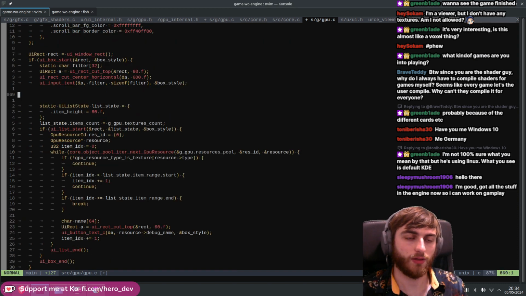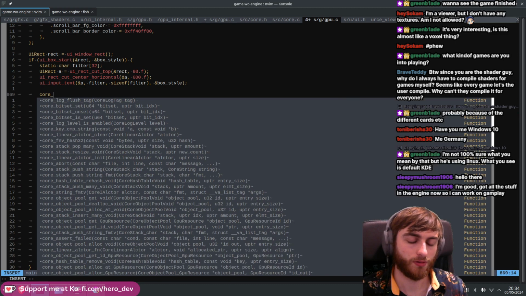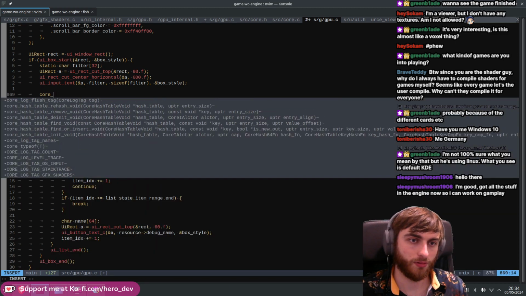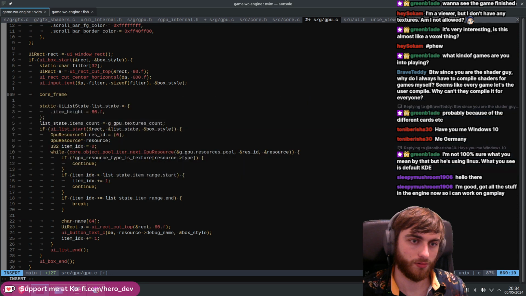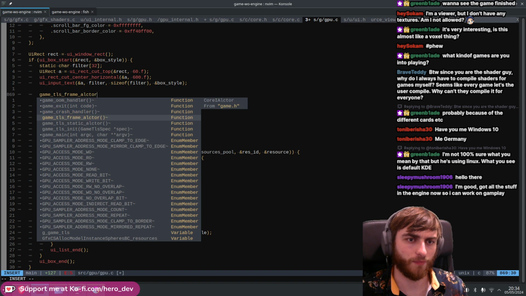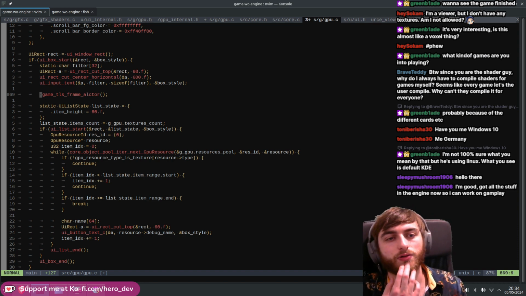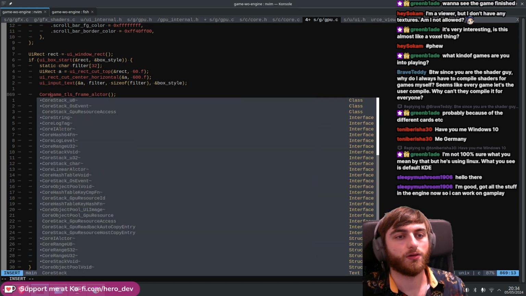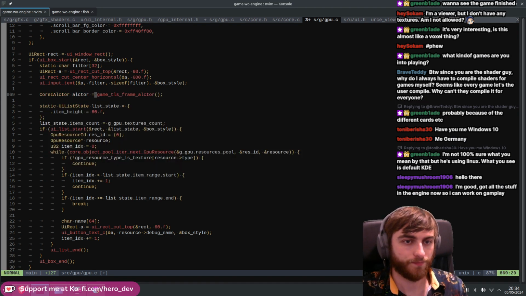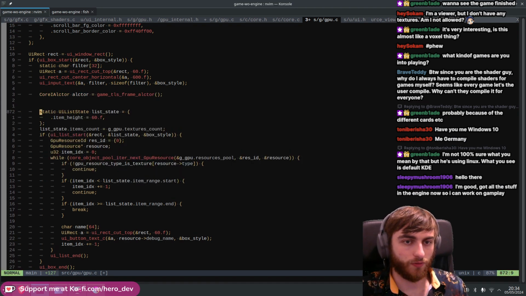Oh yeah, I think it's part of the... I think I got frame allocator, game frame allocator. Yeah. So I haven't done multi-threading yet, so it's all nice and easy to get access to. But yeah, in the future we'll actually... no, this is TLS, thread local storage, so maybe this will work. So we get our allocator interface. So we just basically go, oh yeah, the maximum number of